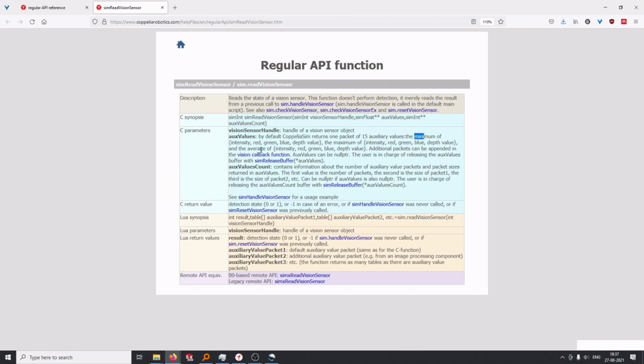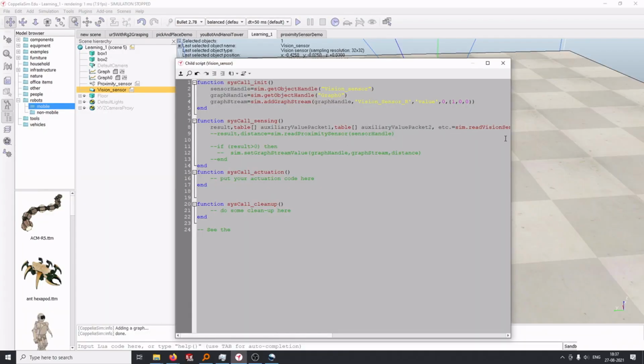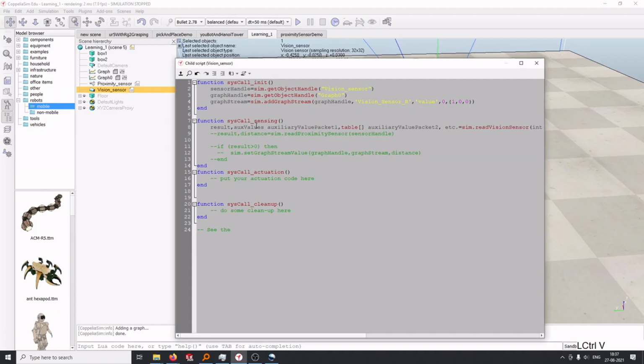So what we will be interested in is looking at the average, and only the green one first we will attempt to visualize, right? So for that, okay, we have an idea. We know this will be returning an auxiliary value. Auxiliary value is just a name, we can have anything over there.